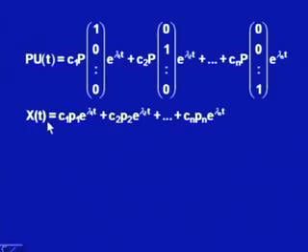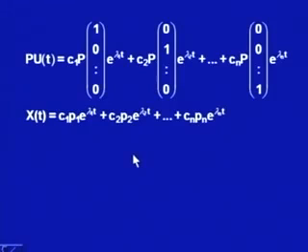So, we write x(t) as C1 P1 e^(lambda 1 t) plus C2 P2 e^(lambda 2 t) and so on. What I am writing is that the solution vector x(t) is this linear combination, in which P1 is the eigenvector corresponding to eigenvalue lambda 1 of the matrix D, which is the diagonal matrix similar to the given matrix A. So, the solution can be easily obtained from the matrix D. Basically, what we are doing is diagonalizing the matrix A and then finding the solution in this